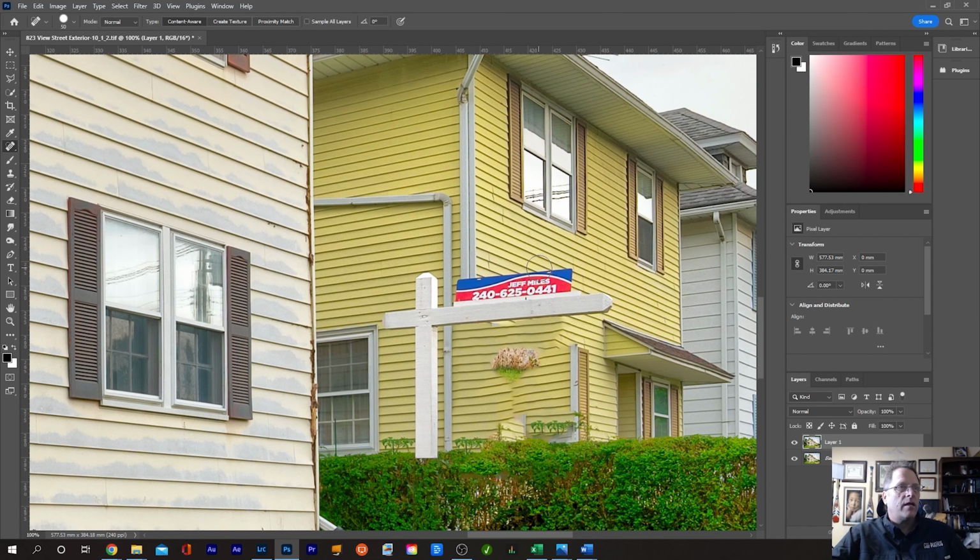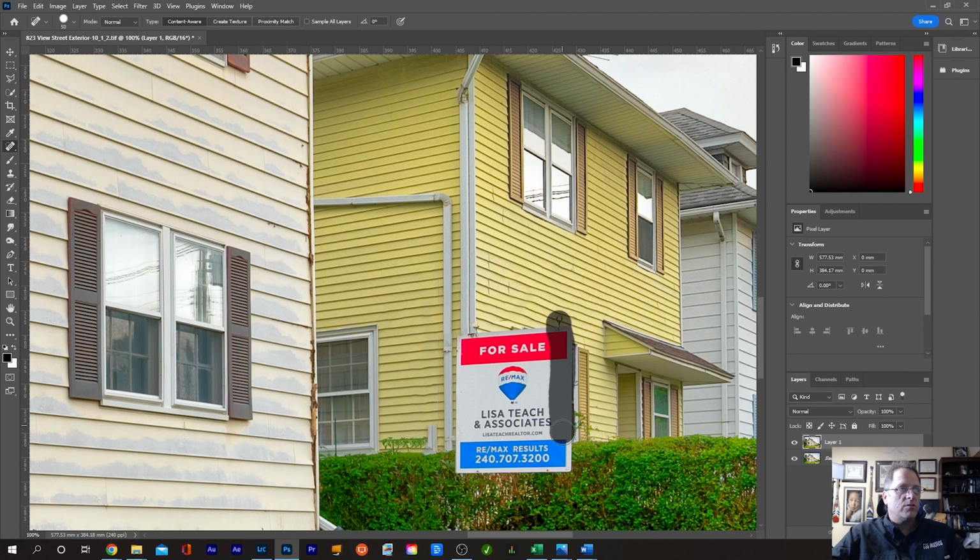spot healing brush this, we're going to choose another tool. Right now, I'm going to try the entire sign post and see what we can get rid of this way. That worked really well, so I'm happy with that. All I've got is this sign, and actually the sign is the most important part to get rid of. Draw over it again. That's even better. That's not bad at all,